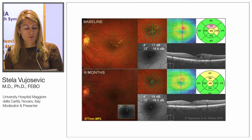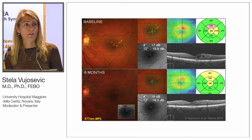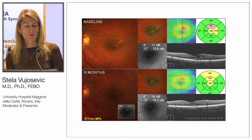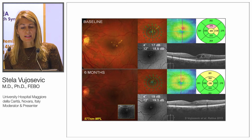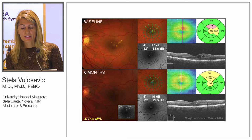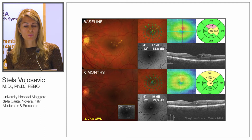Or another case treated with a 577 nanometer micropulse laser, so with the yellow wavelength. This is before the treatment, and 6 months after the treatment, and you can clearly see that there are no signs of the laser treatment on fundus imaging, and you can see also increase in retinal sensitivity and decrease in retinal